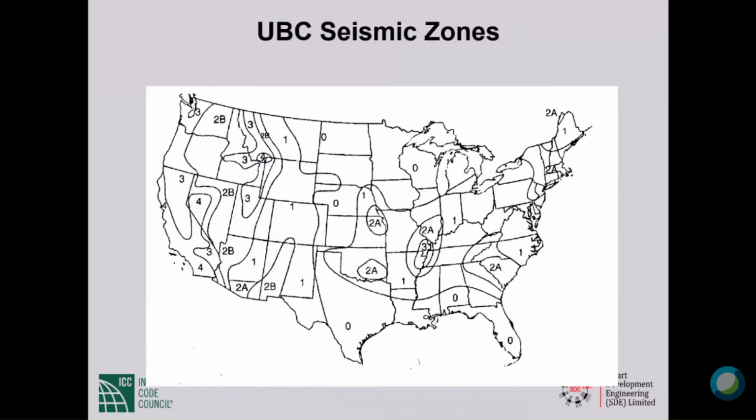Now, back in the UBC days when we had seismic zones, the zone determined the level of detailing we had to do for our structure. We did ordinary detailing in zone 0 and 1, intermediate detailing in zone 2, special detailing in zones 3 and 4. These zones also determine height limits on structural systems. In zones 3 and 4, we had height limits. Special moment, well, the